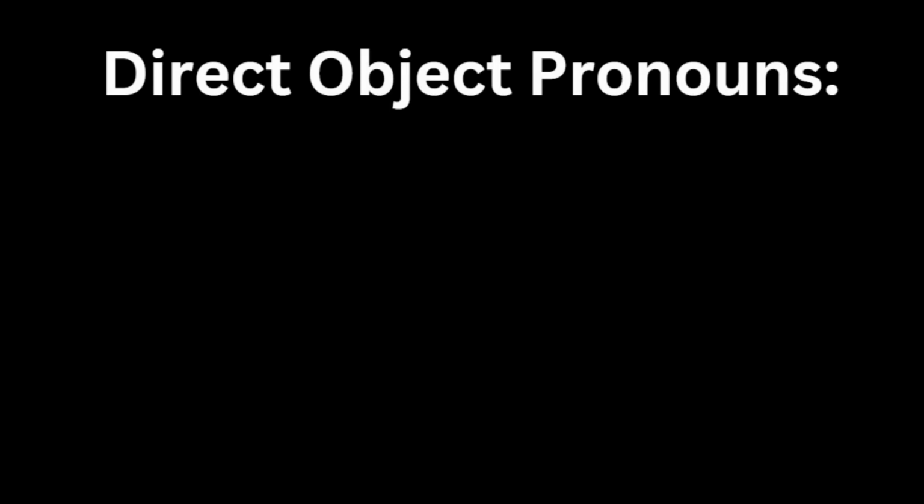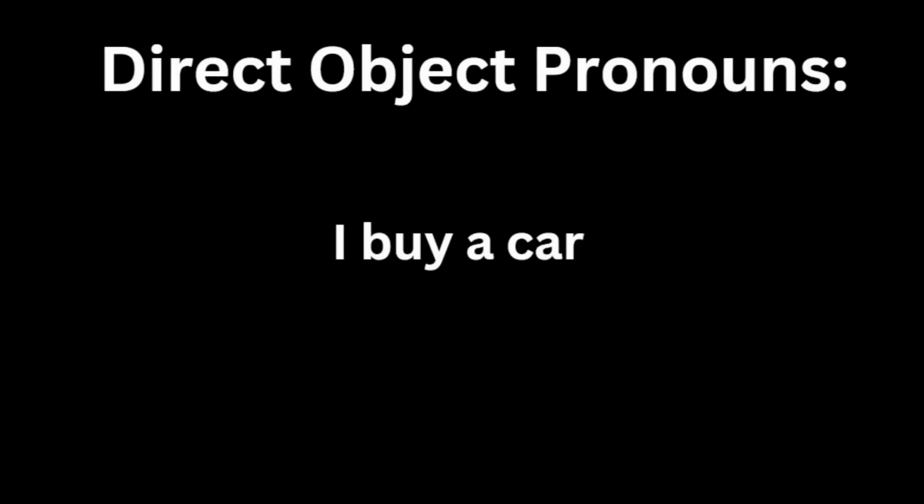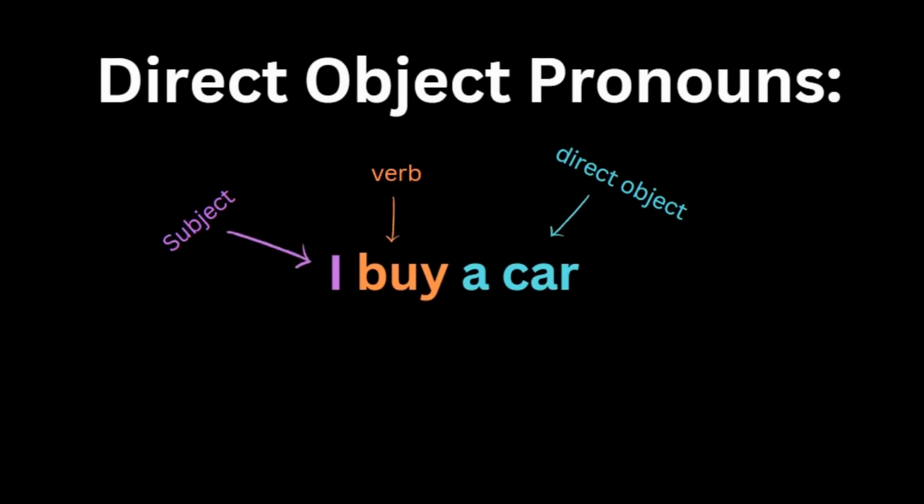Direct object pronouns in Spanish are pronouns that take the form of a direct object within a sentence in order to avoid repeating a noun in the sentence. As an example, take a look at this sentence in English. I buy a car. I is the subject, buy is the verb, and car is the object that's directly stated